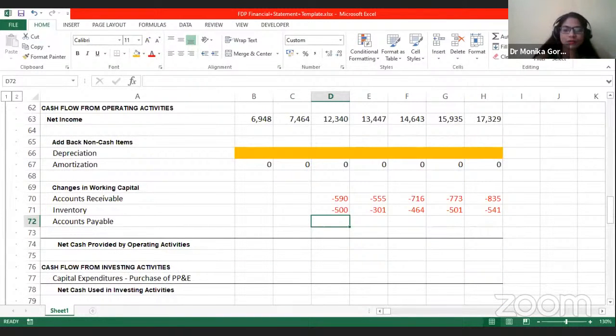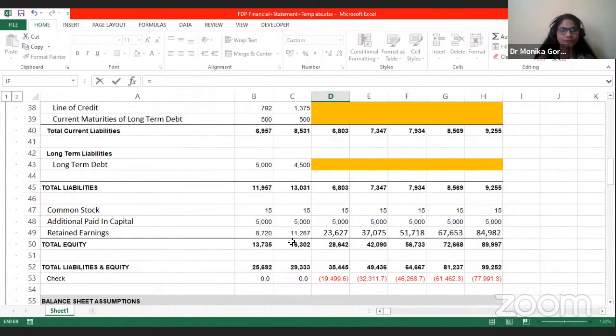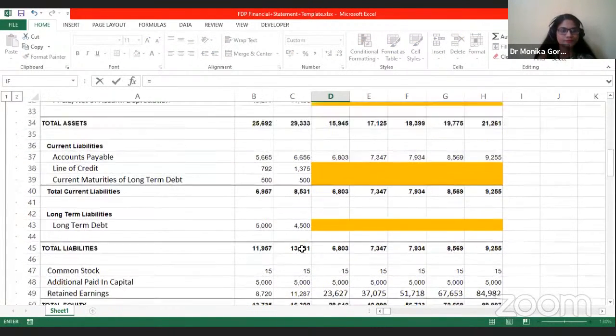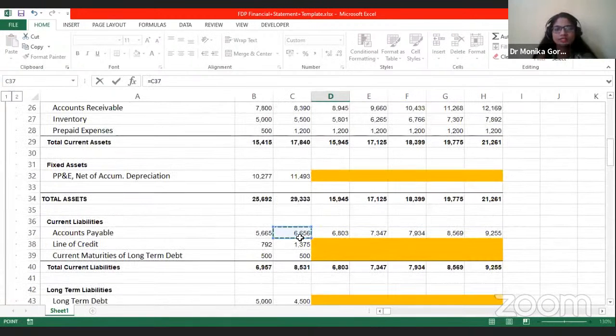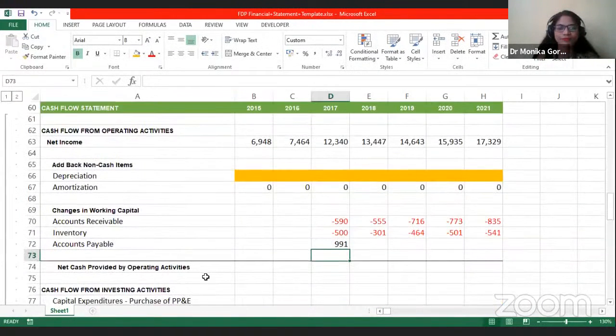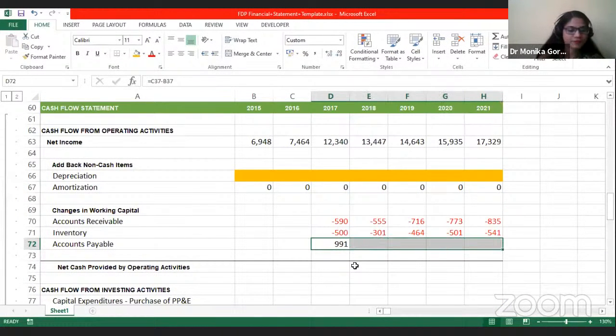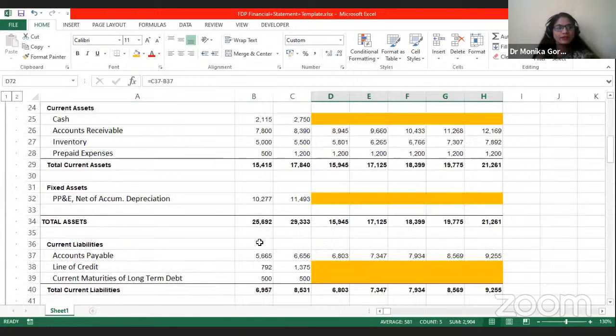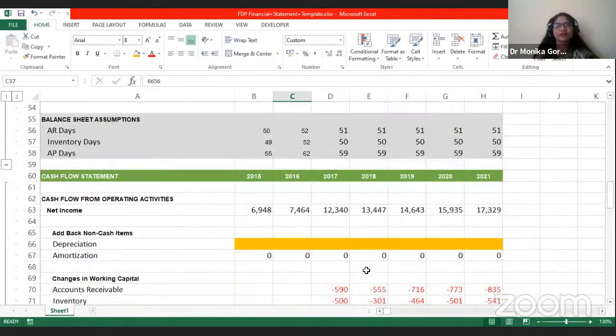But here what I'll do is, I'll take current year 2016 minus 2015. Okay, and I'll drag this. So this reflects that the accounts payable from 5,665 has been increased to 6,656. Okay,